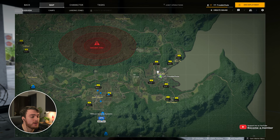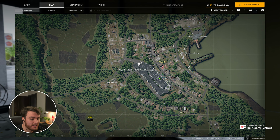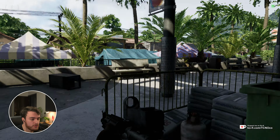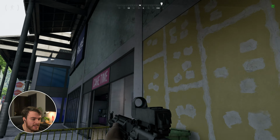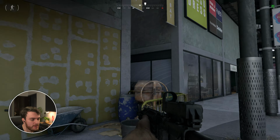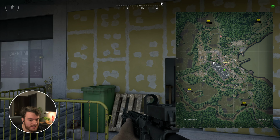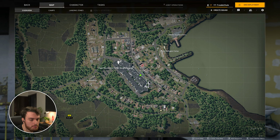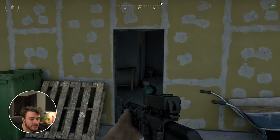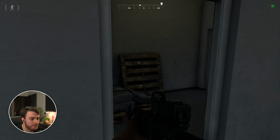Essentially, what you'll do is you'll head all the way to Tiger Bay in the far east side of the map over here. Zooming in near the center of the mall on the northeast side over here is one of the entrances that I'd recommend you come to. In this area, you'll find Cake Time, this yellow spotty wall, and the rest of the shops around here. It's very difficult to pinpoint, but this is exactly where I am here, pretty much in the middle right of 129 198. Coming to this yellow door over here, we'll head in, then we'll go left through this single door,